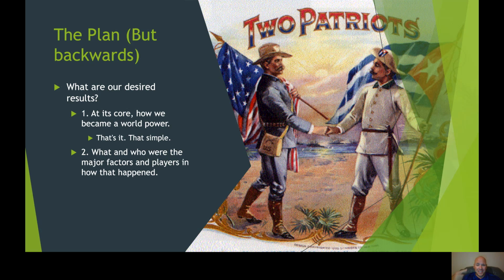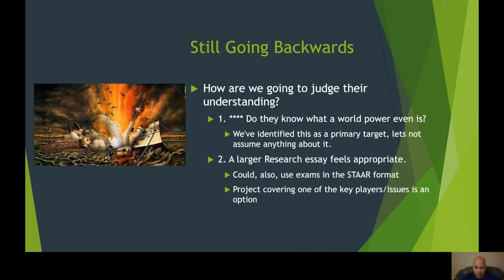You have to break down the TEK, right? We have to break down 4A, and we've decided that very clearly. How did we become a world power? Who influenced us to get there? It's very simple. That's the ultimate goal. So now, in step 2, we're still going backwards. We have to move to a place where kids can produce a product that shows us, right, that they're going